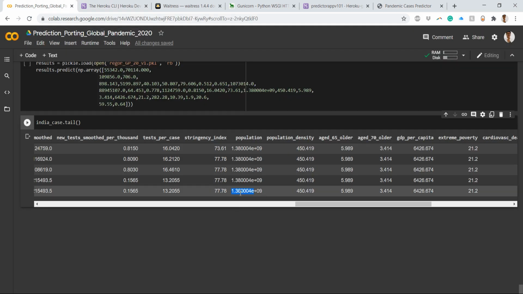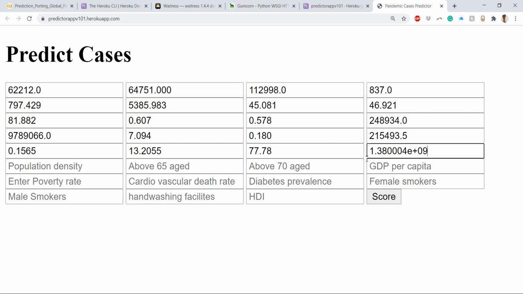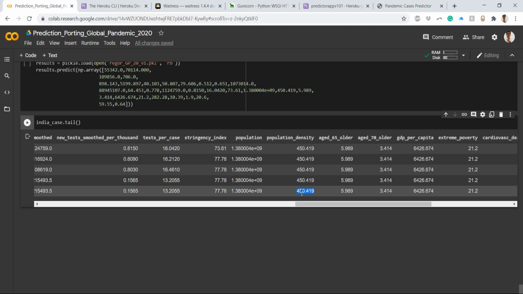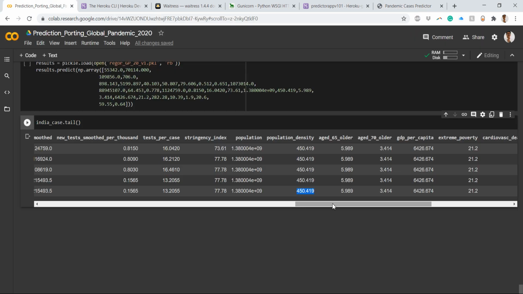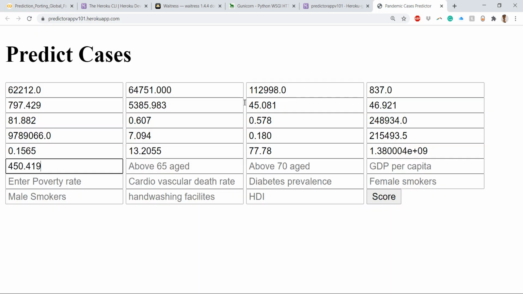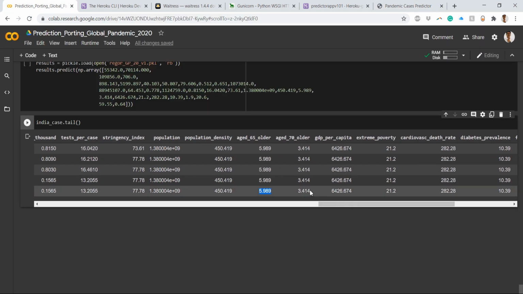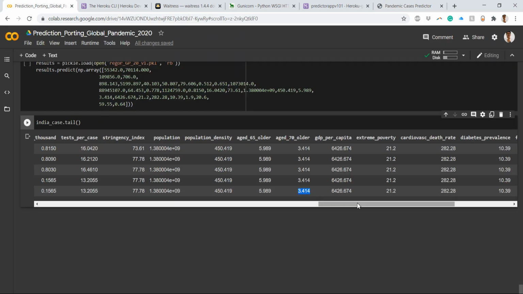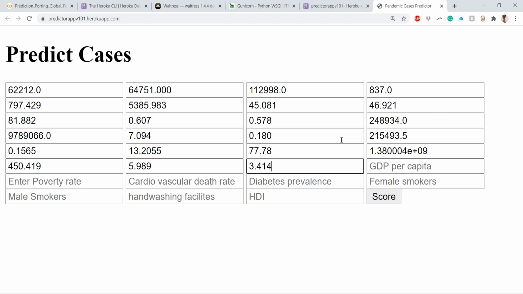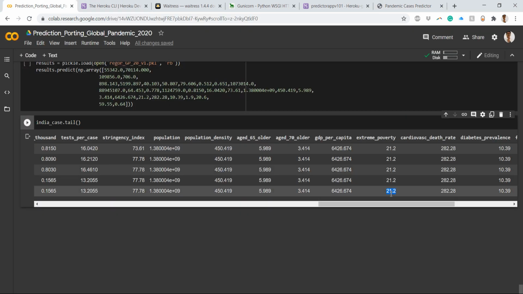Just keep in mind, when I double clicked, it's not taking this value. Make sure you take all the values correctly onto this. Okay, a few more entries to go. Then 70 years older. This is the GDP per capita. Then extreme poverty.